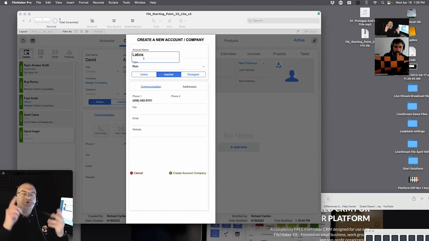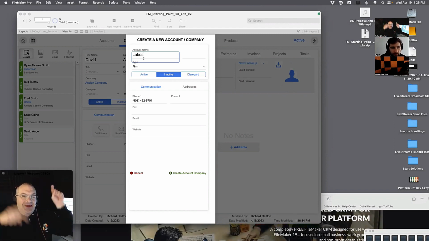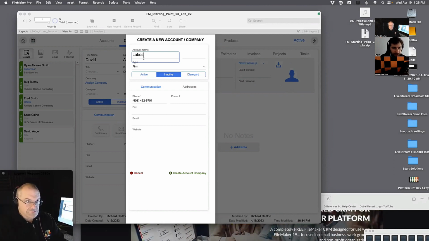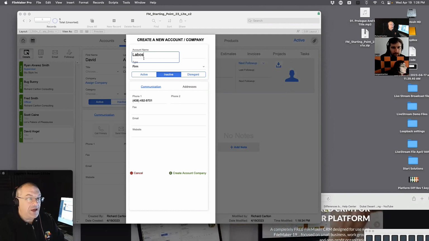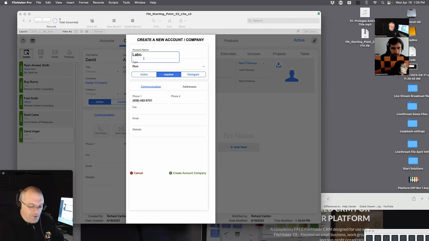So what we're doing is an on layout script trigger, not an object script trigger, but on the layout. So if you type any button while on this layout, it's going to check to see if you hit the key. On layout keystroke. That's applied at the layout level. It's not on object, it's on layout keystroke. Yep, I said that probably wrong. Okay, Labos,